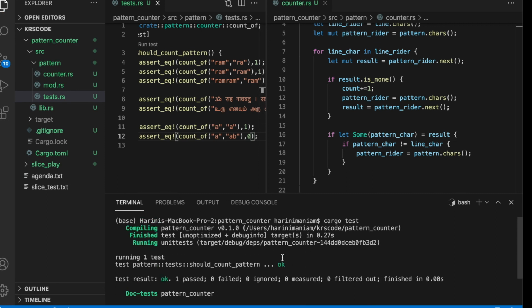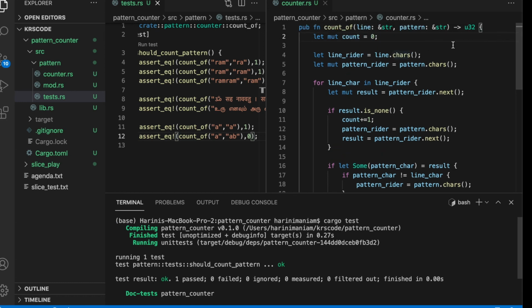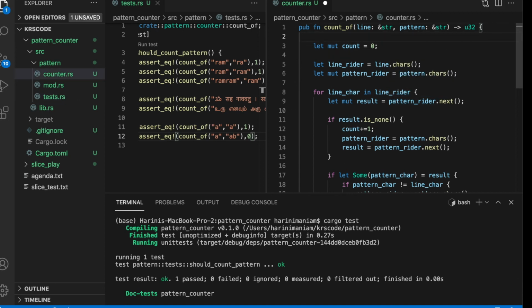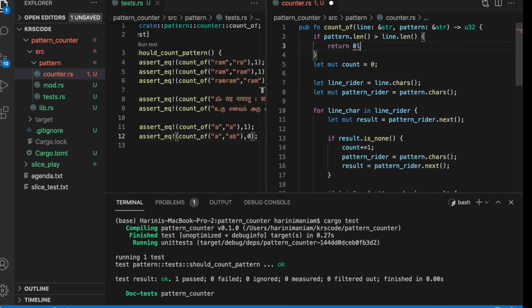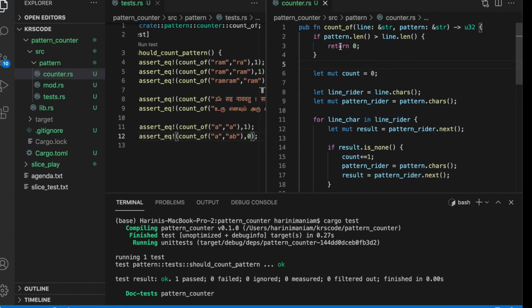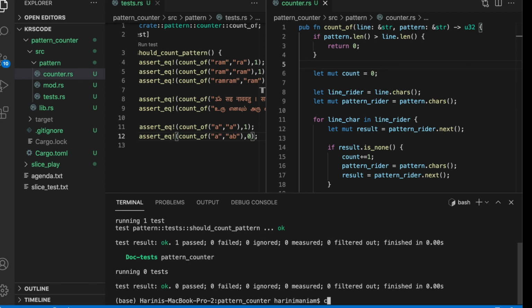because this is working, but we can also put a simple check here. We don't want to get into all this for loop to do all the things. If pattern dot len is greater than line dot len, then we can literally return 0. This will be safer. Fine. So now our counter is available,